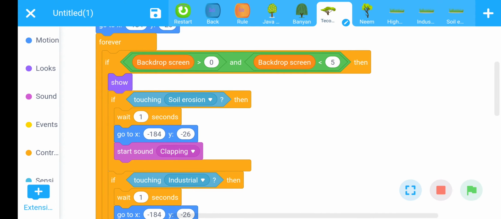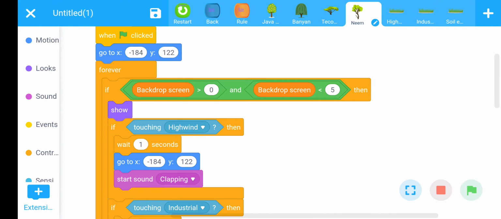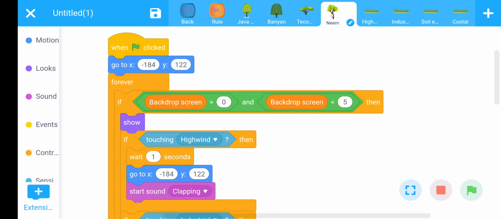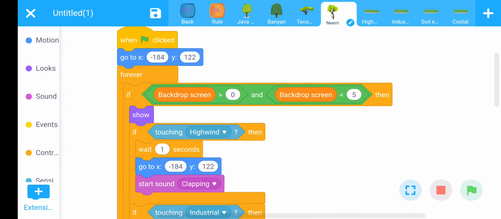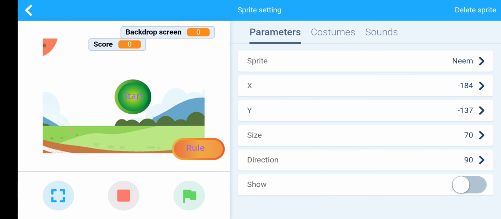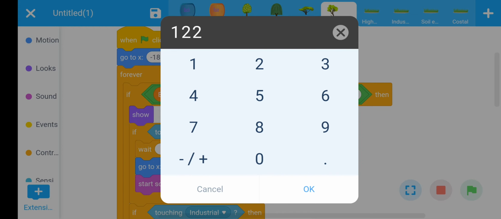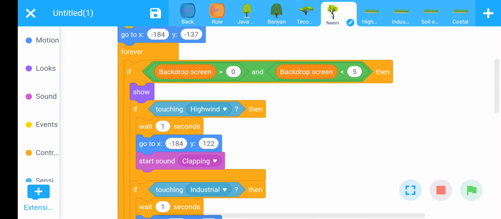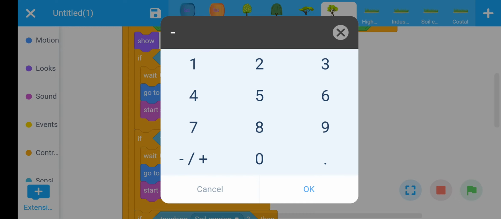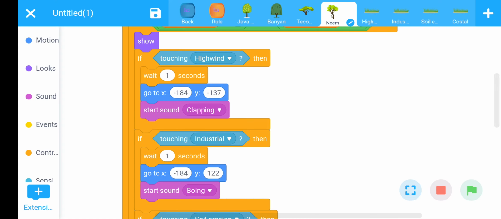Okay, the same modification is done in neem tree also. For the neem tree, check the coordinate, the parameter. Here the coordinate of y-axis is minus 137. Replace with minus 137. Again minus 137.